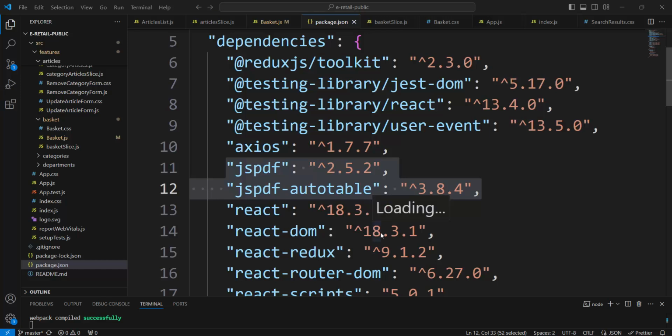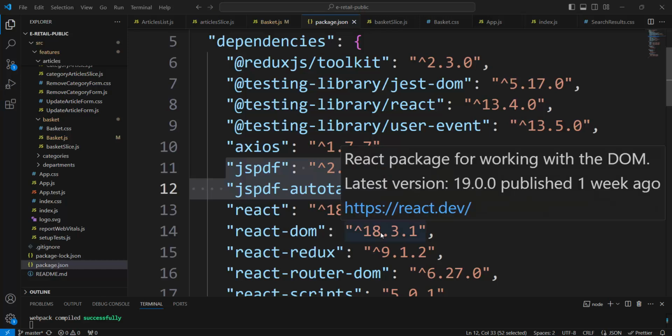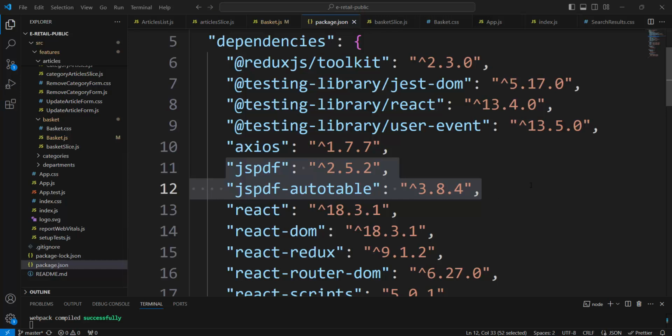Hello, IK here. Welcome to the video about PDF documents in our React application. If we need a PDF document in our application, we need to install this